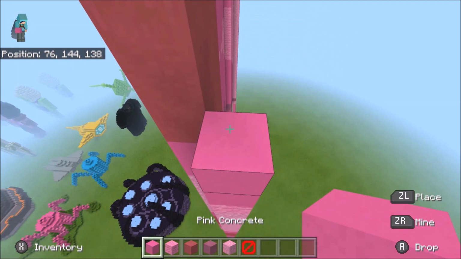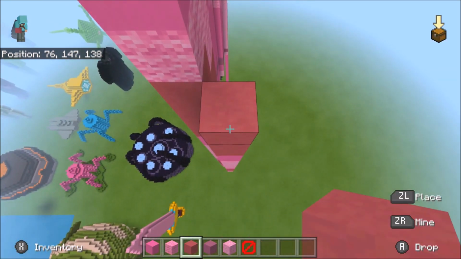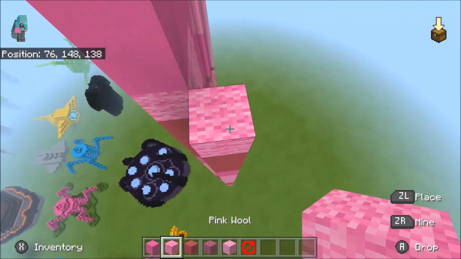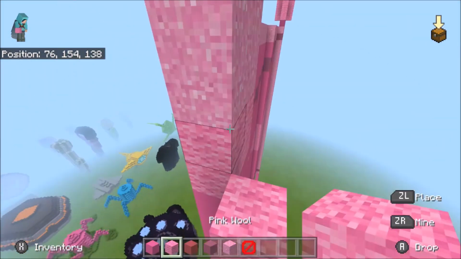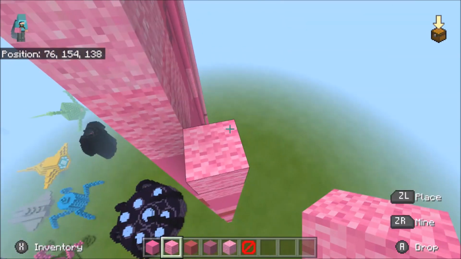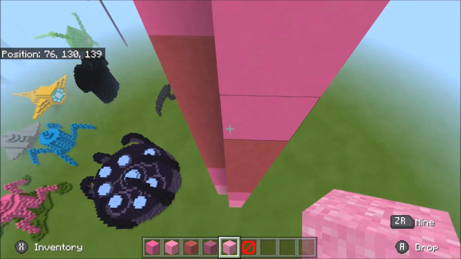2 pink concrete, and then 3 pink terracotta, 2 pink wool, 3 pink concrete, 2 pink wool, oh no, sorry, 3 pink wool, and then 2 concrete powder. Alrighty, so for the next layer, hop down here,